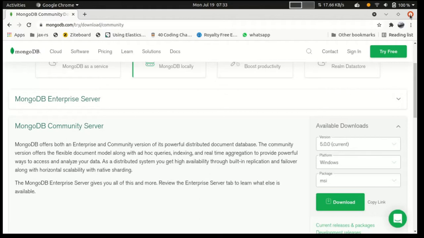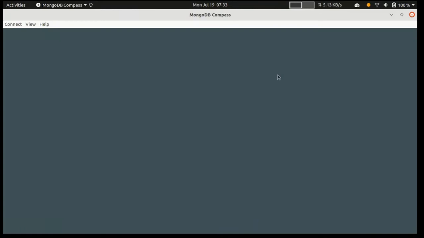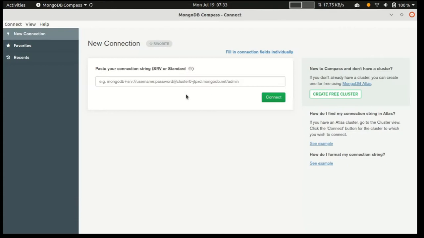I want to show you. I can open this Compass, and it will connect to MongoDB, which is installed in my system. So this is just a GUI to connect to that MongoDB server. Then we have to create one connection. Go to new connection and paste here the URL for your MongoDB server. That may be a remote server running on a cloud system or any other machine, so we can pass here the address of that machine.